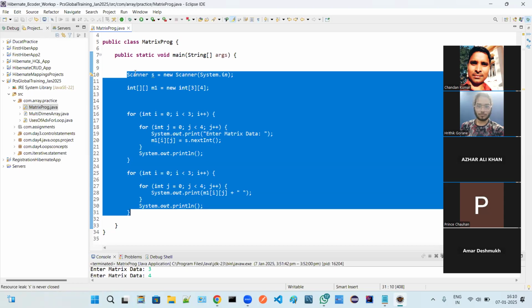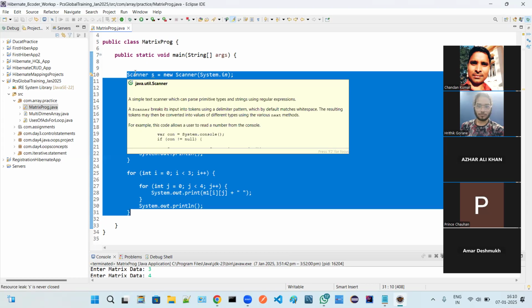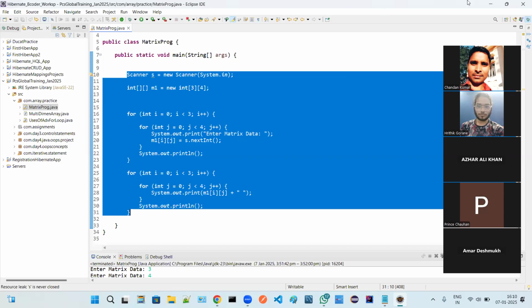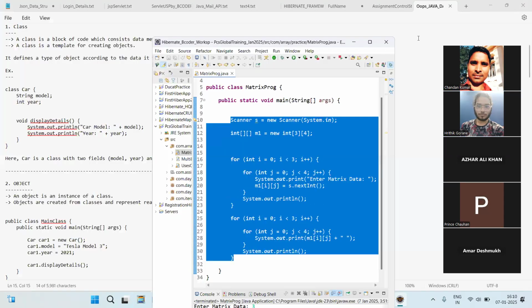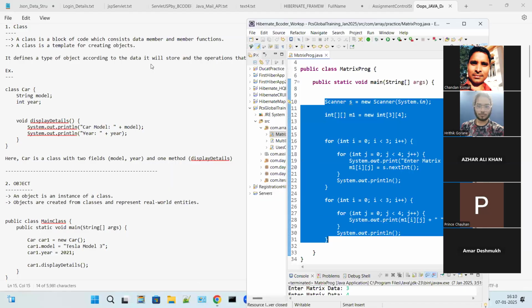We are going to learn about the object. We are going to learn about the instance variable. We are going to learn about the member functions. So now you can say that actual Java programming we are going to start. So just see. So talking about the class.